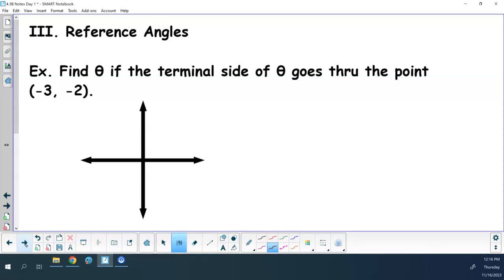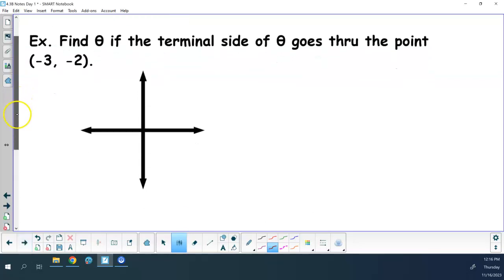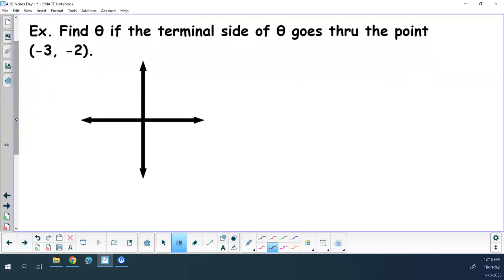So let's get into reference angles now. Now that we know all about angles and their coterminalness, let's get into them right now. I would like us to find theta if the terminal side of theta goes through the point (-3, -2). So first off, what we have to determine,